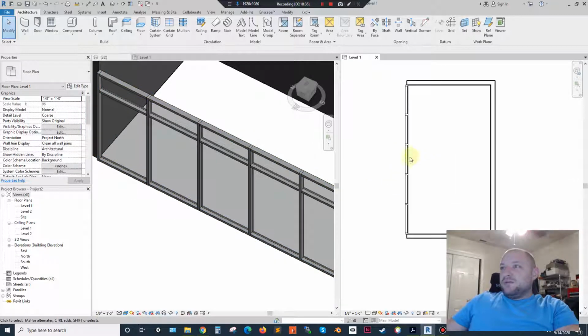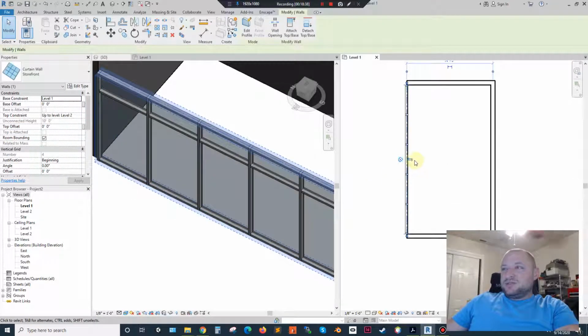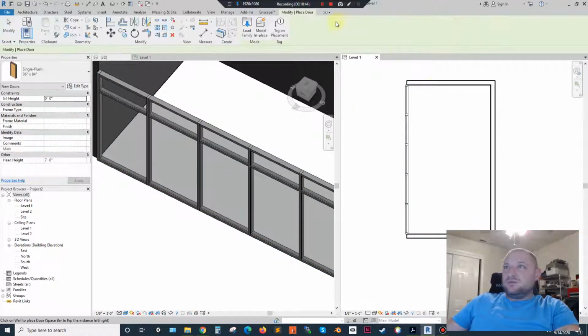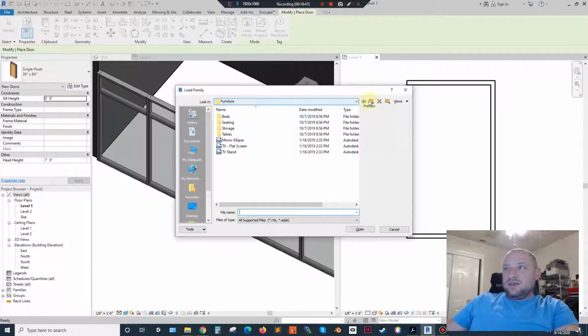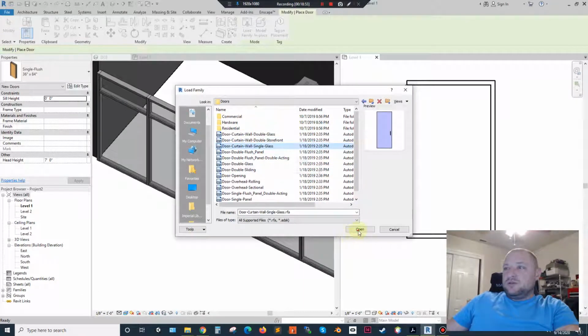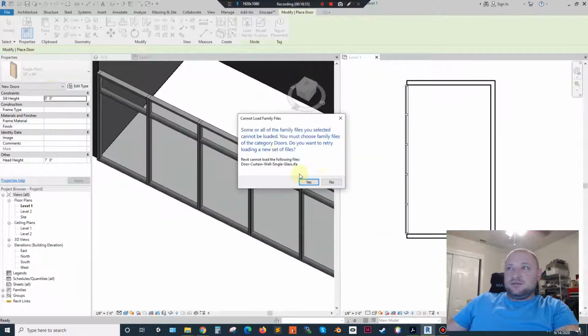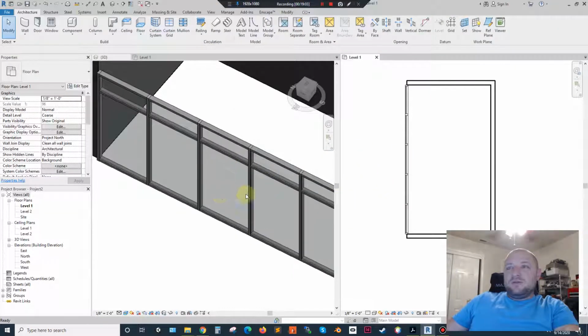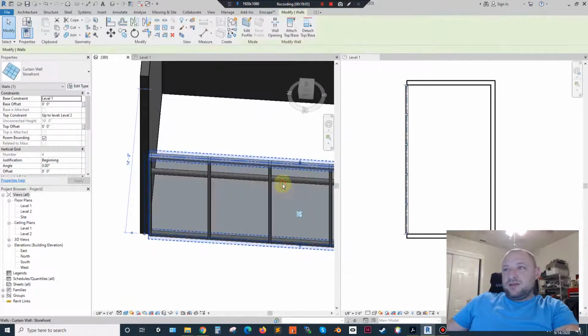So far I've told everyone to stay away from using the curtain wall door, because what happens is you try and load the curtain wall door in here, and then let's see, doors, curtain wall. You try and load this in, and it gives you this error. It says you can't load that in. So what you have to do to actually load the curtain wall family in is